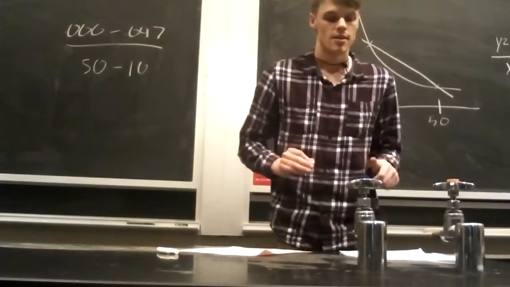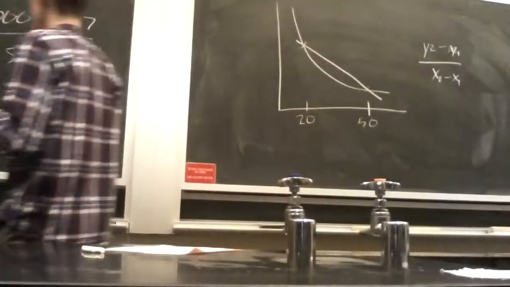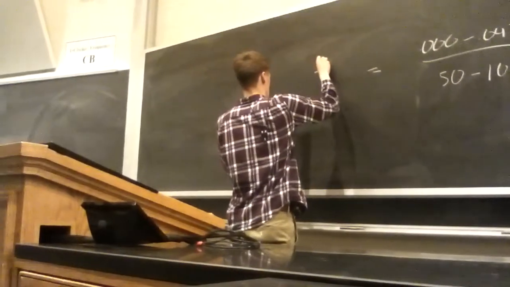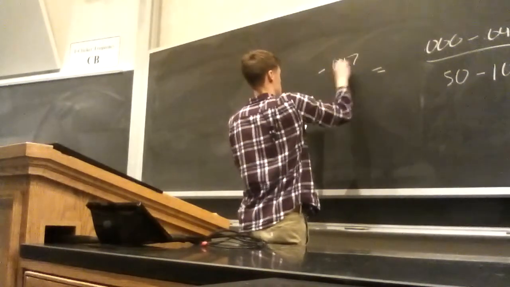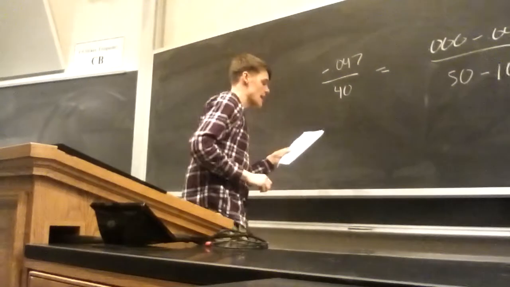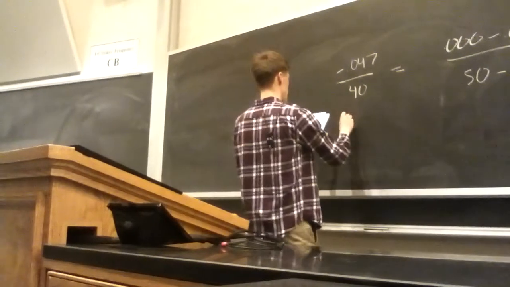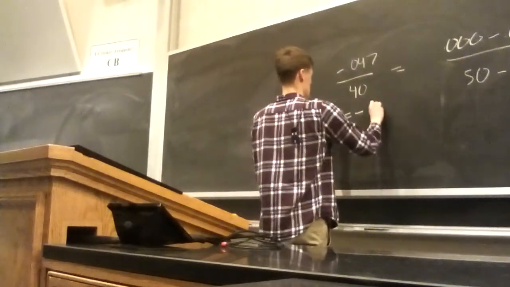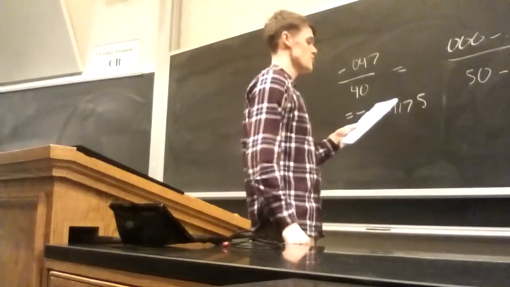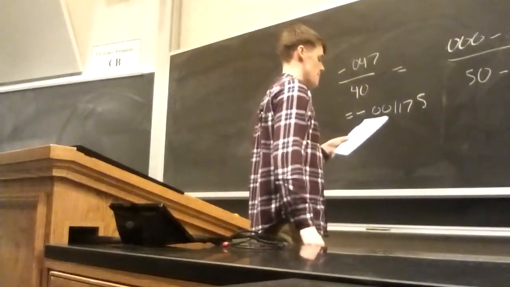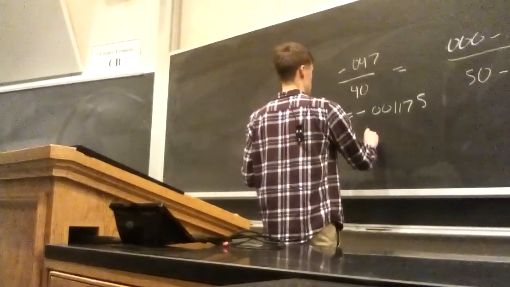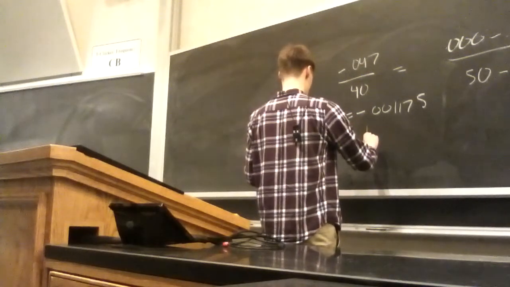Okay. So going further with that problem, that gets you negative 0.047 over 40, which equals negative 0.001175. All right, and if we simplify that to scientific notation, we're going to get